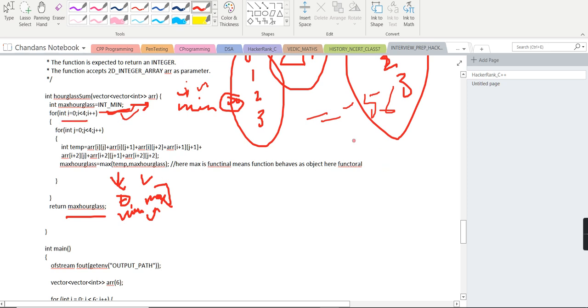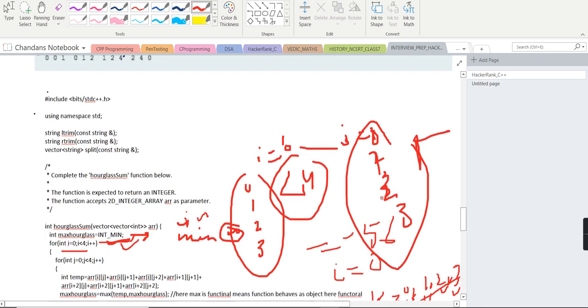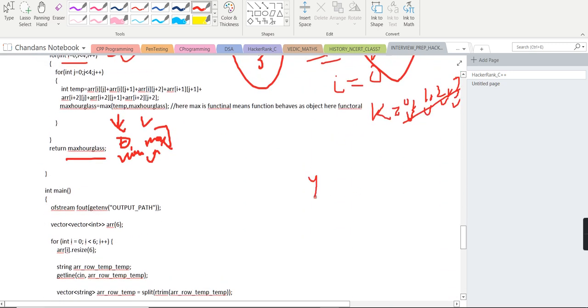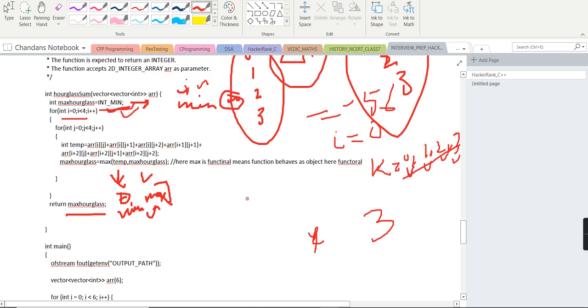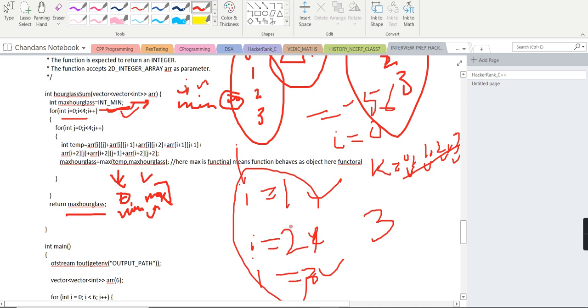And for int i equal to 0, when i equal to 0, our k loop will work up to k equal to 3, because this 0 denotes the first column, this is the second column, this is the third column, this is the fourth column. So for i equal to 0, up to the fourth column it will work. That means up to k equal to 3 it will work. Likewise, when i equal to 1 it will work like this, then i equal to 2 it will work like this, then i equal to 3 it will work like this. So up to i equal to 3 it will work. Okay, so likewise it is written.